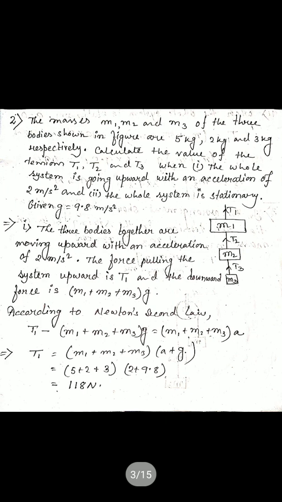Okay, now when the whole system is stationary, stationary means no movement is there. If no movement is there, no force is there, then that means acceleration is zero. If acceleration is zero, then from this equation, already constructed, in place of a, we put the 0, and the other values you put over there, we get T1, T2 and T3: 98, 49 and 29.4. In place of a, you put the 0 only.